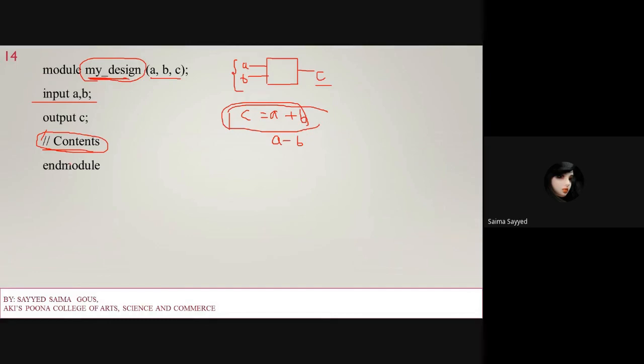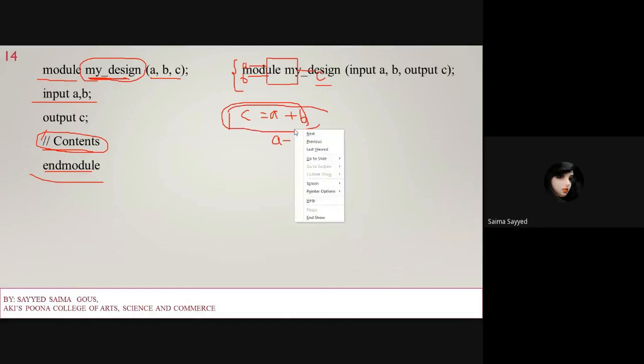Next is end module. So a module starts with module and ends with end module. Here, a module name, then the terminal list, then the inputs, then the output, and then the contents, which end with end module.